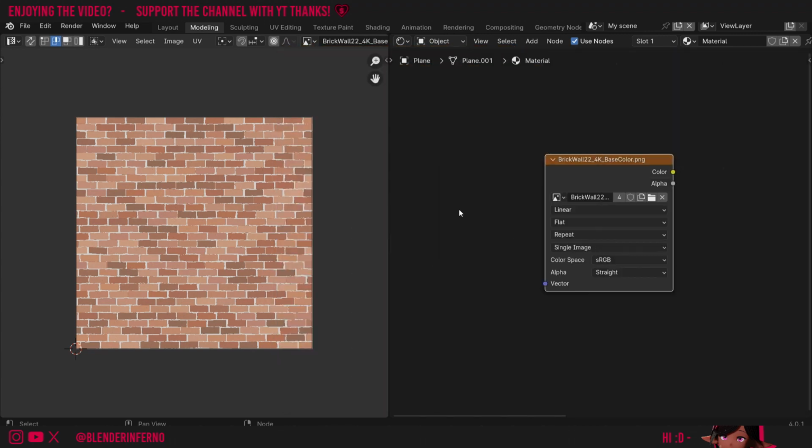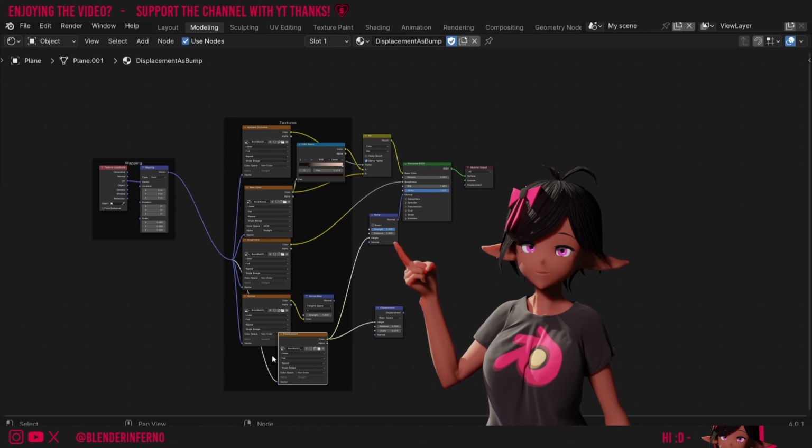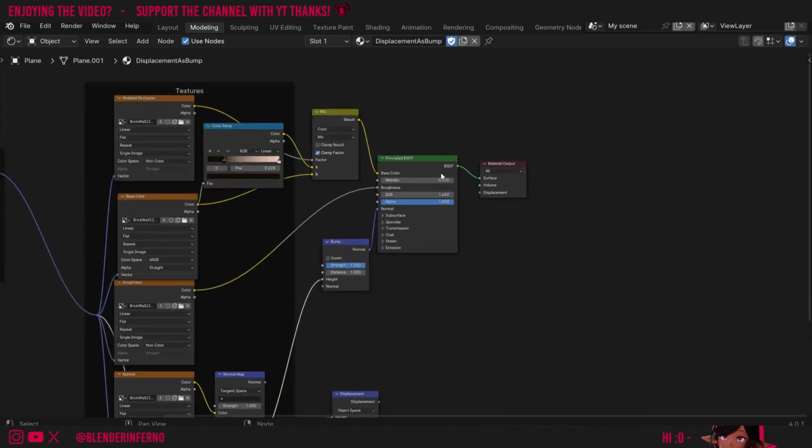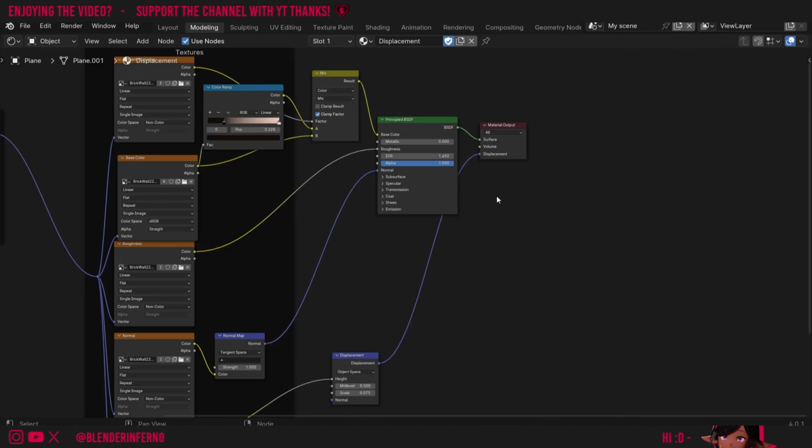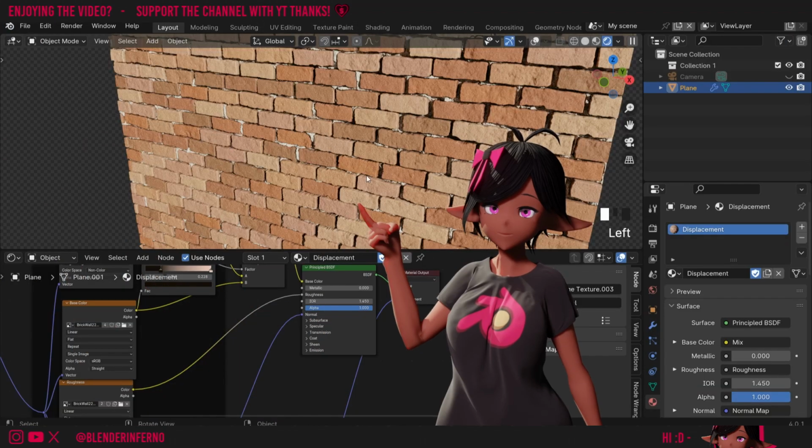Number 2. What is a material? A material will use textures along with other nodes in order to create the appearance of our object. Common nodes used in materials include shaders, textures, and normal altering nodes, such as the bump node, which give these surface imperfections. You can also use a displacement node in order to create the 3D effect I have here on